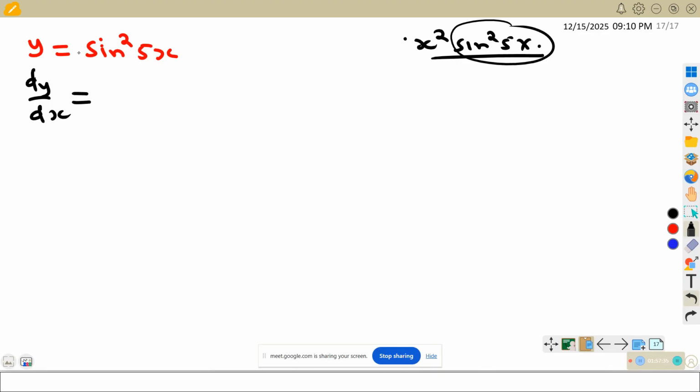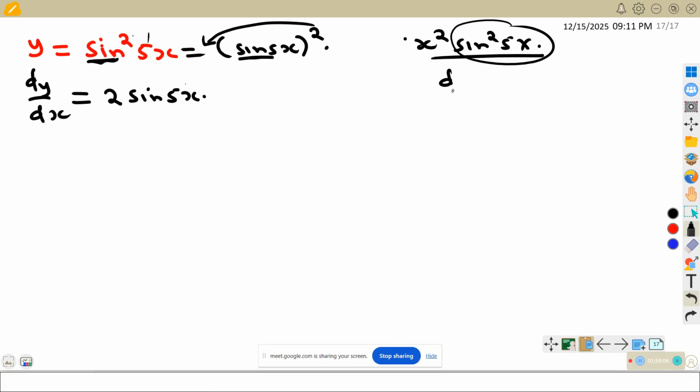Drop the power, it will be 2, reduce the power by 1, sine of 5x. Remember, this can be written as sine of 5x to the power of 2. So you are dropping the power, reducing the power by 1, but multiply by the derivative of